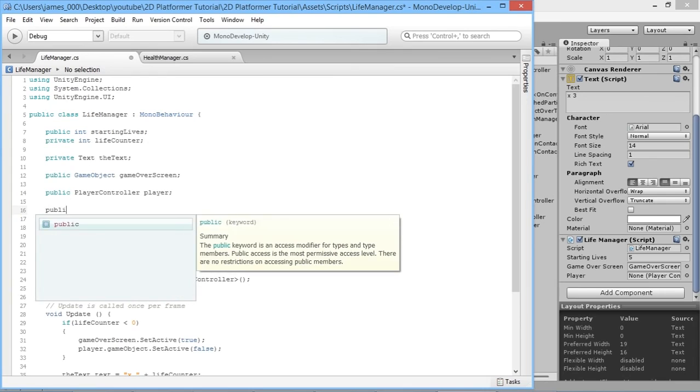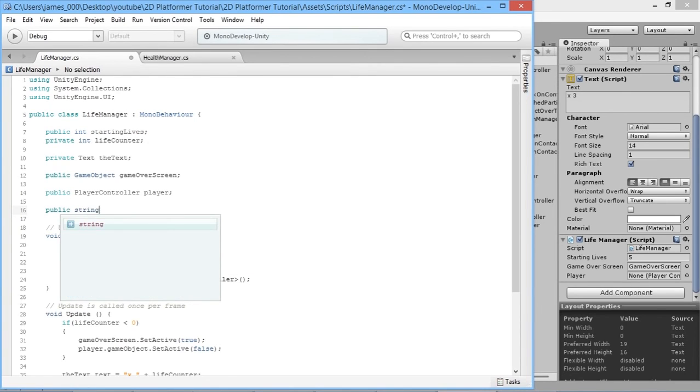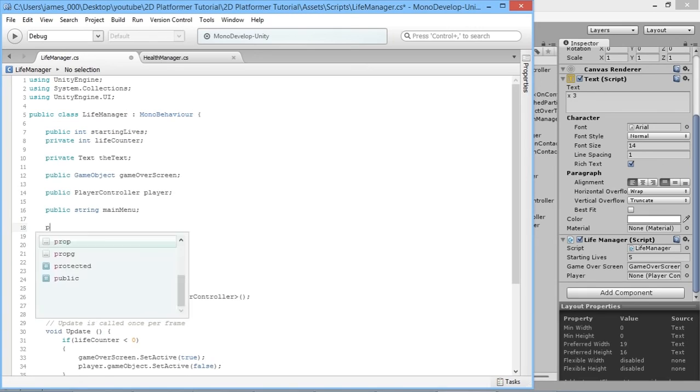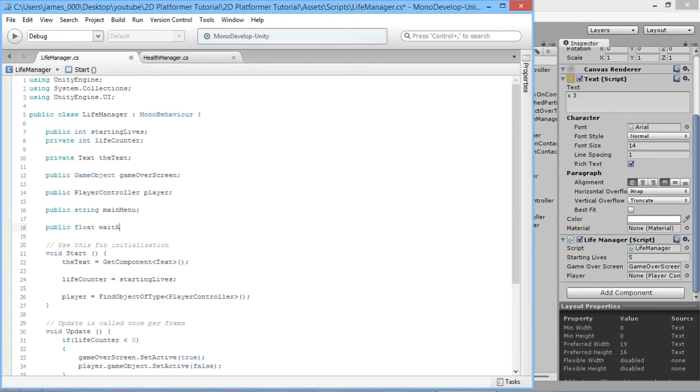So we'll go public string main menu. So this will be the string that says the name of the level that we want to load, and we'll have a certain amount of time that it waits between loading. So public float wait after game over, we'll call this. So it'll wait